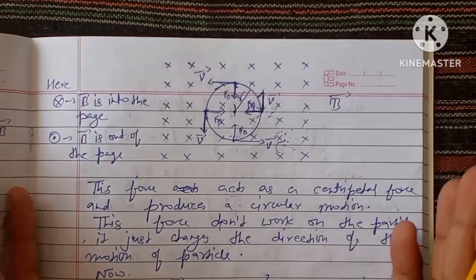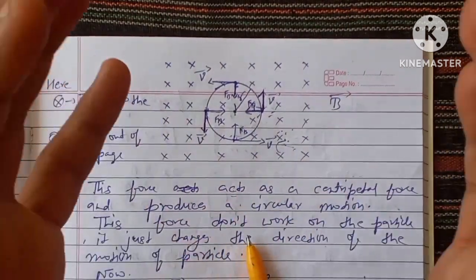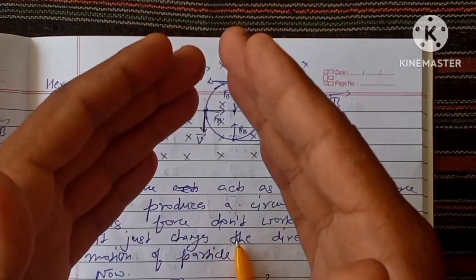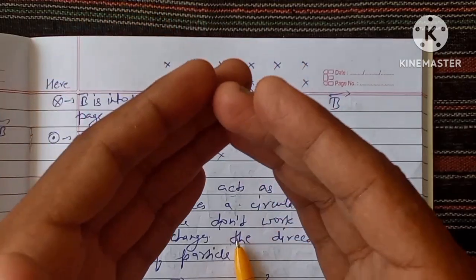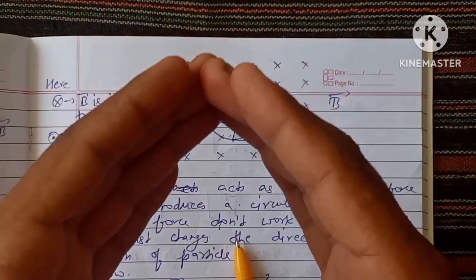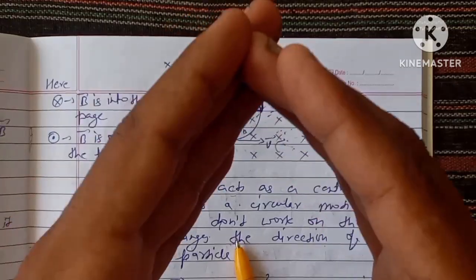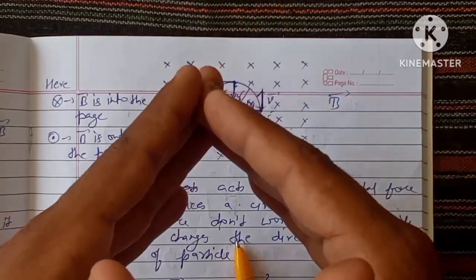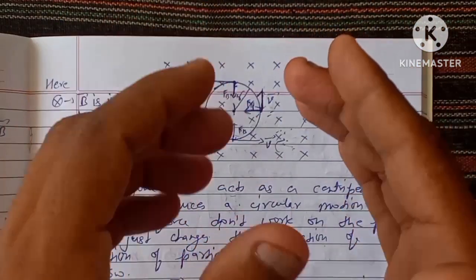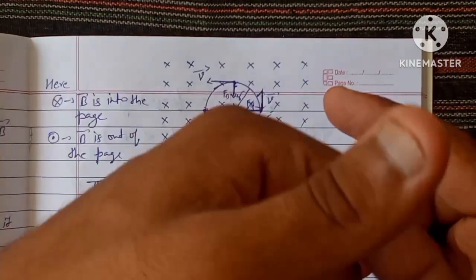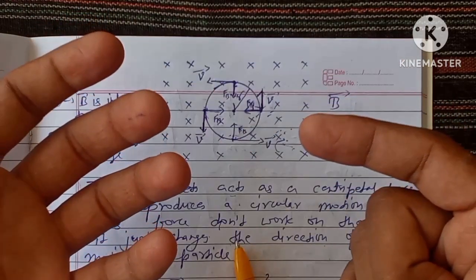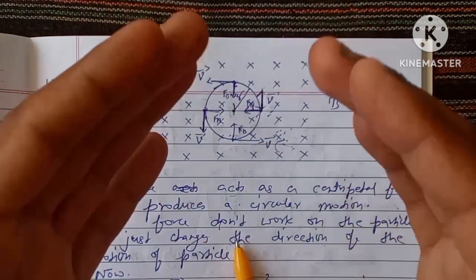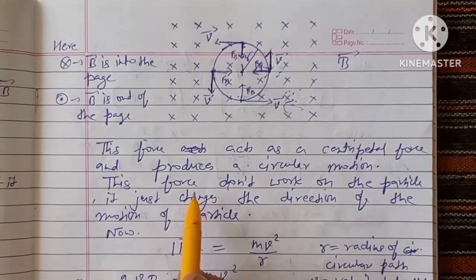So this is the conclusion: if we have a charged particle which is entering into a uniform magnetic field perpendicularly, then the force exerted by the magnetic field on the charged particle is given by qvB, and this force is perpendicular to the direction of the velocity of the charged particle, and this force acts towards the center of the circular path followed by the particle. So in case of perpendicular motion, the path followed by the particle is circular, that I have written here.